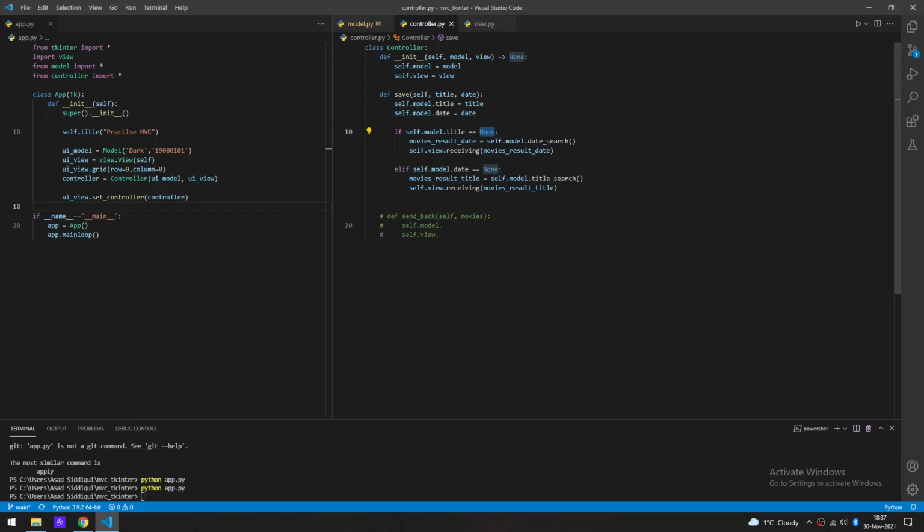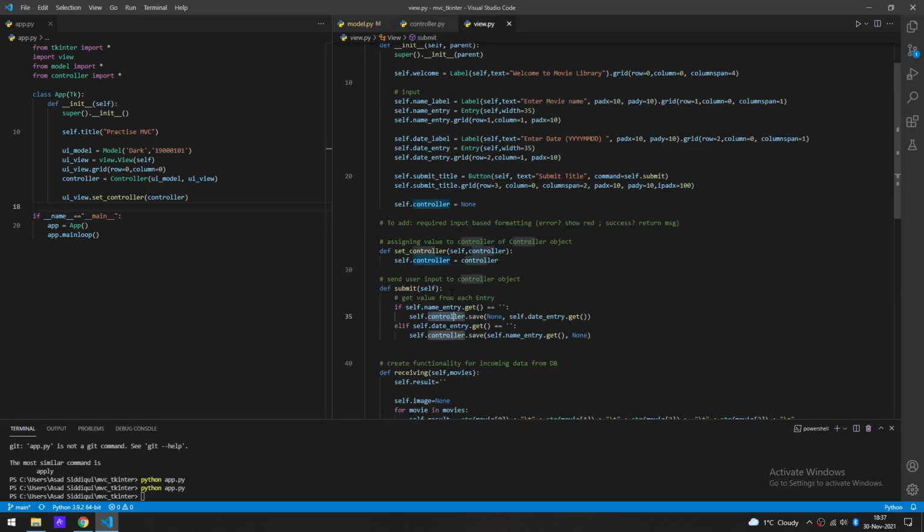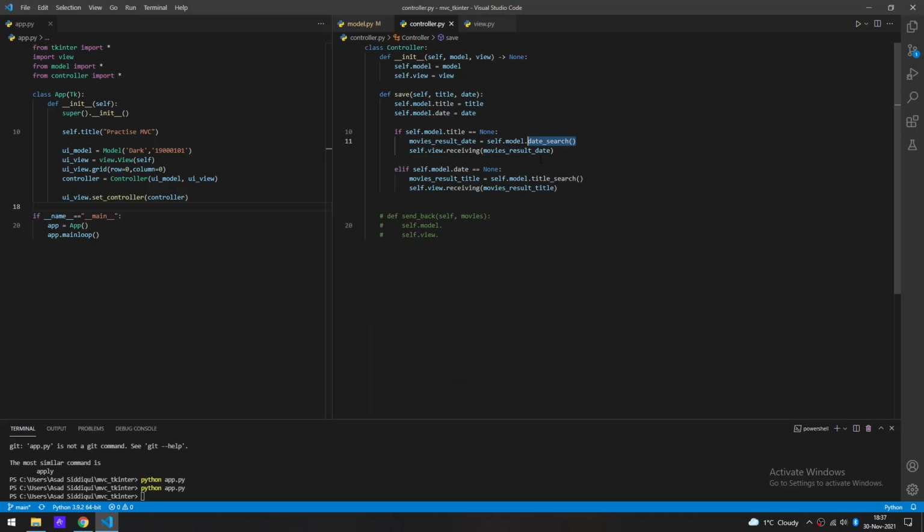Just want to quickly see what is going on in here. Yeah, so we take the date search from the model. Oh yeah, right. So once we have received it, really from the view file, it's just passing on the value. That's the best part about it: the view component of the MVC pattern is only supposed to direct any additional data that's received in the view, with no other functionality. So once we do send it,